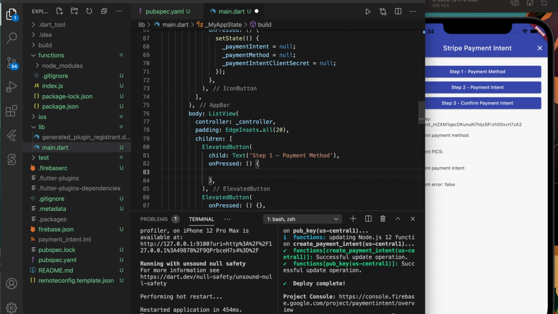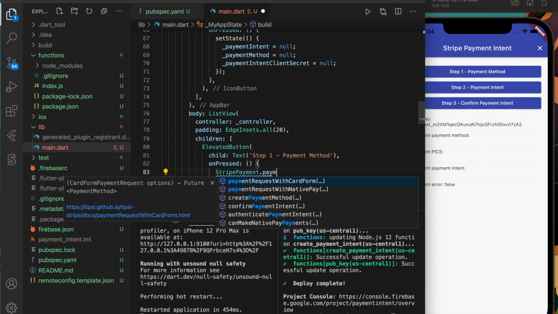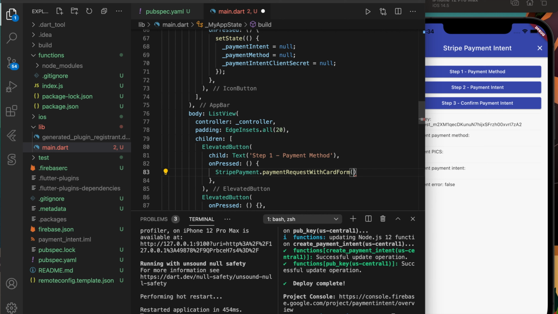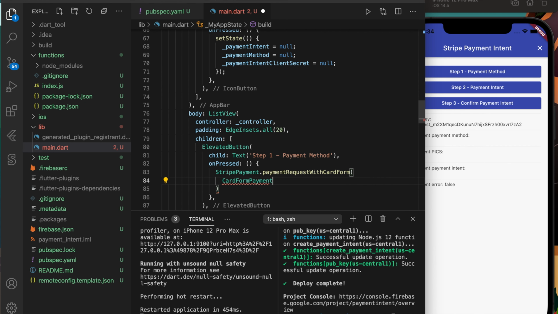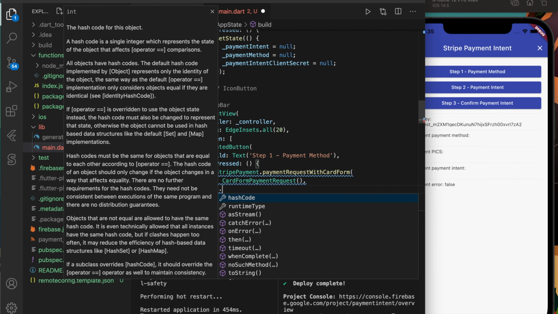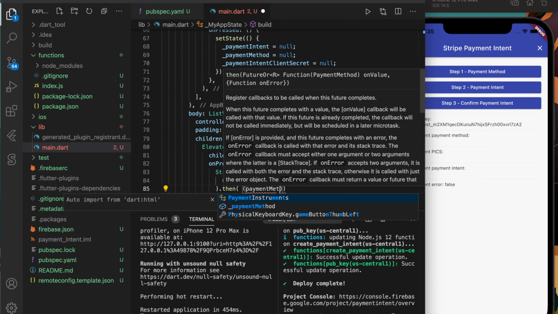So what we're going to do is we are going to do Stripe payment request with card form. And there we're going to go card form payment request. And then using the payment method that we get back,